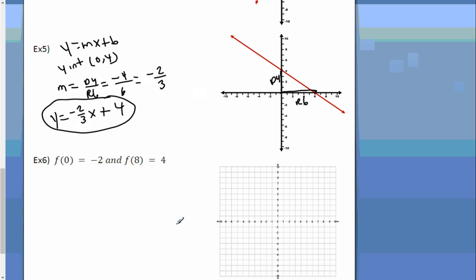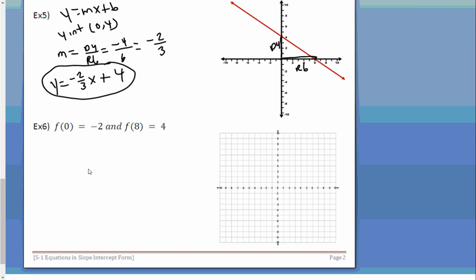Okay? Now the last example looks intimidating to some people, but it's actually not at all. If you go all the way back to the beginning of the school year, I taught you a lesson on functions, all right? So let me explain to you real quick what this means. If I said f of x equals 2x plus 1, okay? What I'm saying is f of x means function. So this is the machine. What's the machine doing? It's following this rule, 2x plus 1. So I'm going to put numbers in for x and get numbers out for y. Okay? So if I saw f of 2,